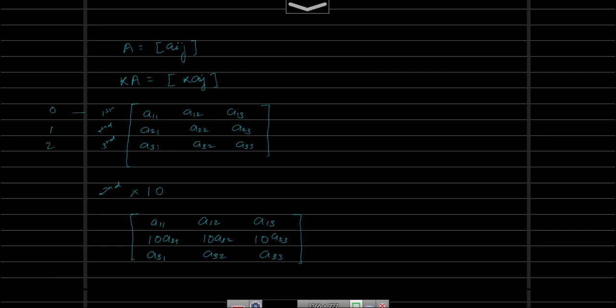Now in this program, what we need is we have to take a particular row and we have to multiply that particular row by a constant k, by a scalar k. For instance, if the second row is multiplied by 10, then for this operation we are not doing anything to the first row and the third row. That means those will be the same numbers, same entries of that first row and the third row, but the second row is multiplied by 10. That means every element of the second row is multiplied by 10.